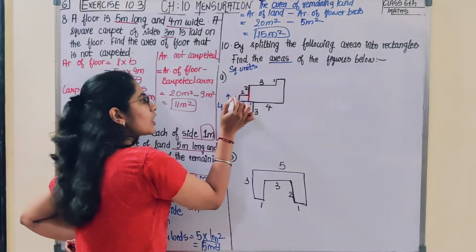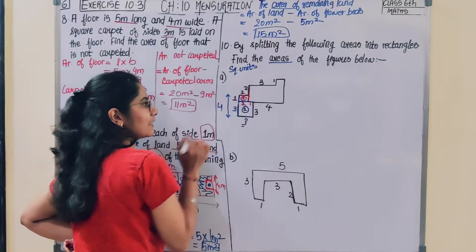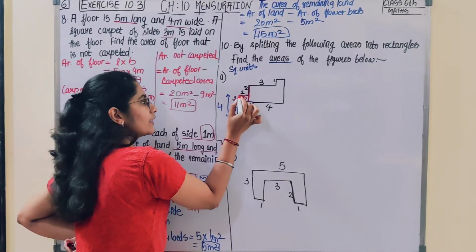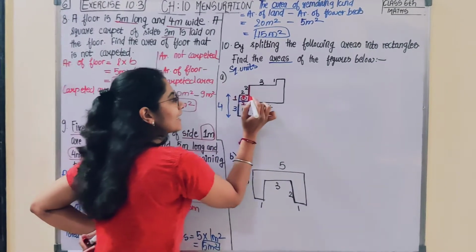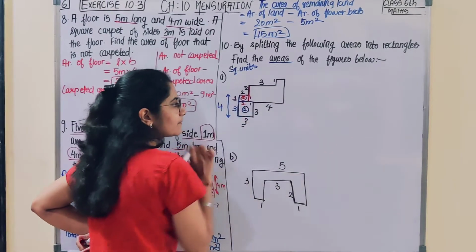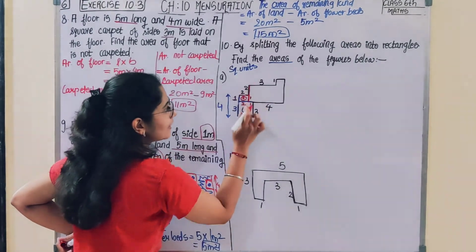ठीक है, तो ये 2 और 1 का एक रेक्टेंगल हो गया, तो ये सेकेंड रेक्टेंगल हो गया जिसका लेंथ 2 है और ये जो साइड है ये 1 है. अब ये 1 है तो ये भी 1 हो जाएगा, इतना पोर्शन. ये 1 और 2 मिलाकर 3 बन रहा है.